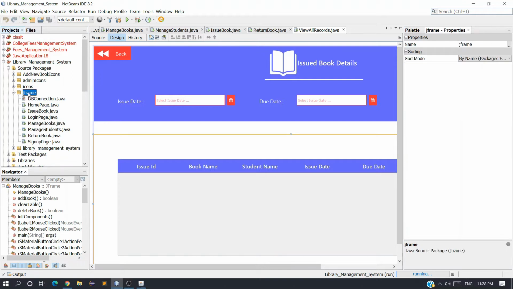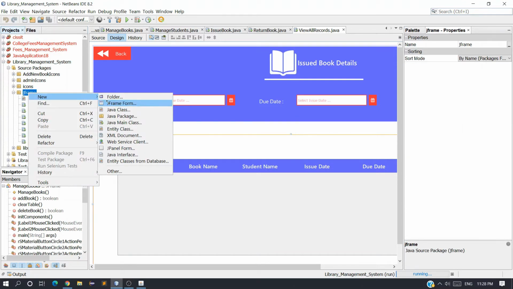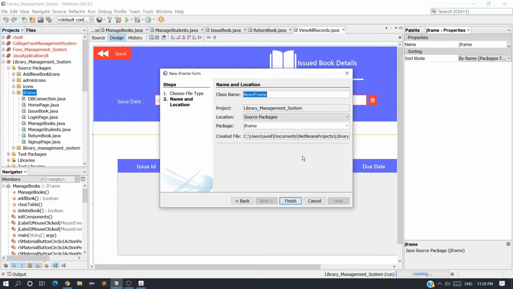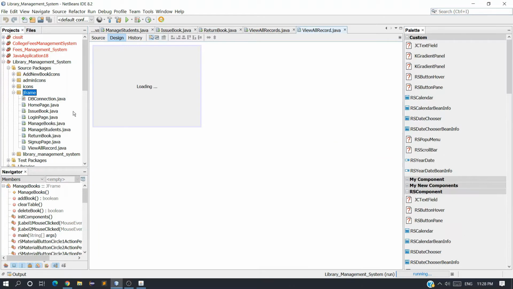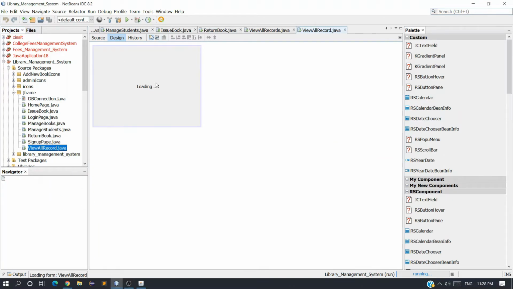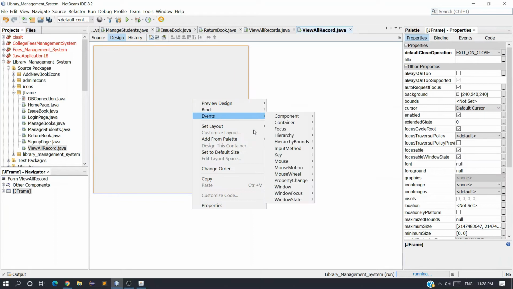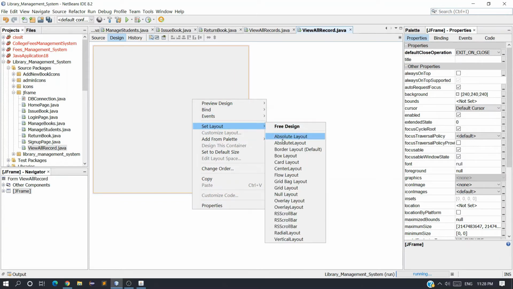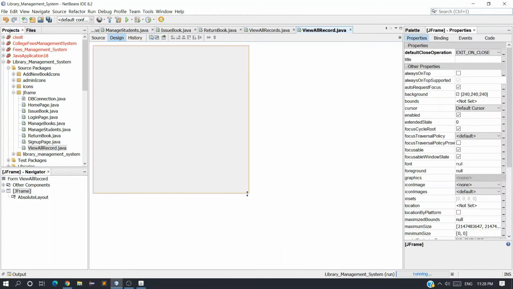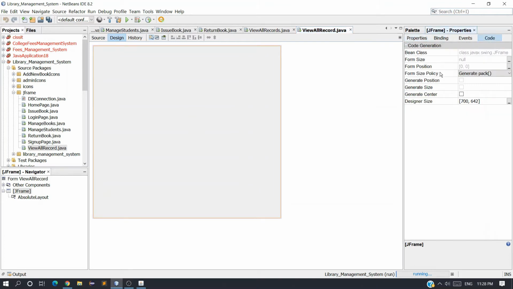In the JFrame we need to create a new JFrame form, and I'm gonna name it as view all record. We got the frame, and just set the layout as absolute because we want to place our elements at absolute position.